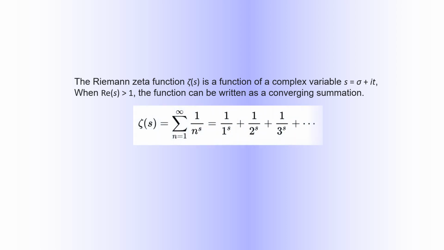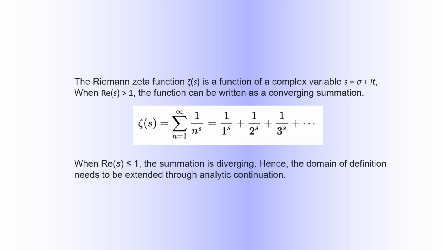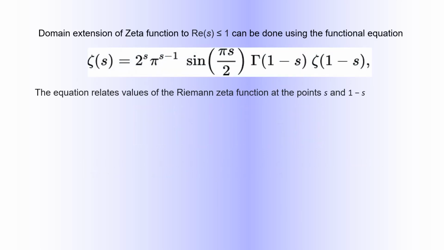When the real part of s is greater than 1, the function can be written as a converging summation. When the real part of s is smaller than 1, the summation is diverging. Hence, the domain of definition needs to be extended through analytic continuation. Domain extension of the zeta function to where the real part of s is smaller than 1 can be done using the